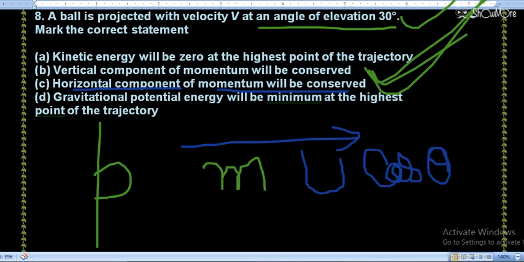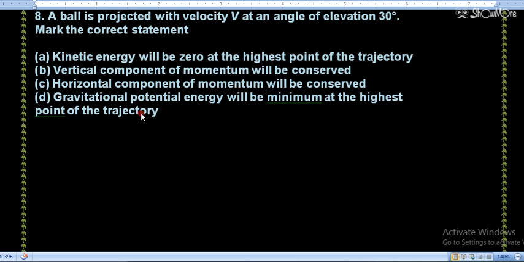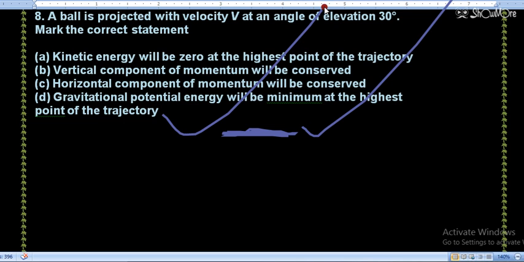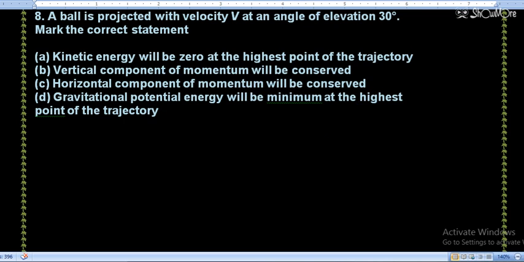एक बार बच्चे ऑप्शन नंबर D के साथ भी जाके देख लेते हैं. He is saying gravitational potential energy will be minimum at the highest point. तो potential energy का तो कंसेप्ट देखो, potential energy तो हाइट के साथ इंक्रीज हो गई ना. If the body is at the top point, at that point kinetic energy is minimum and potential energy is maximum. Potential energy तो maximum हो गई ना with respect to height.